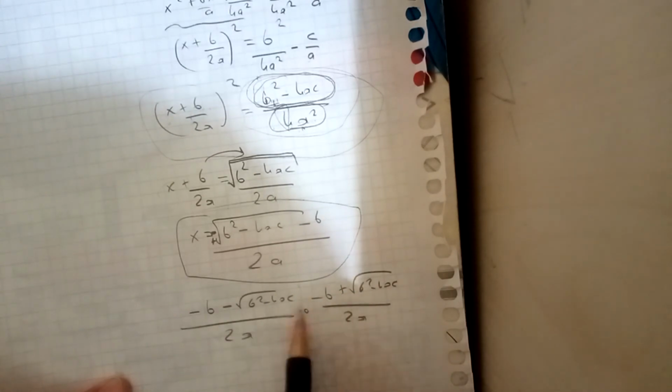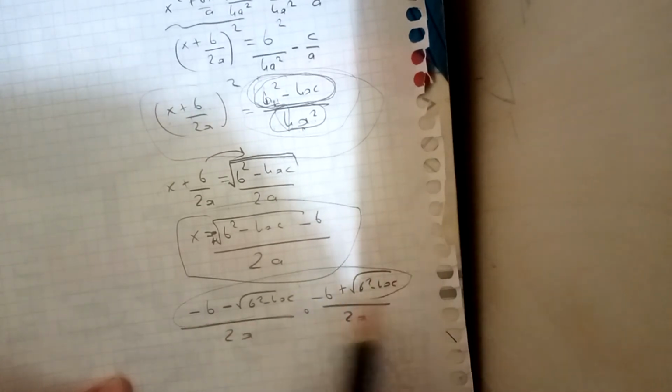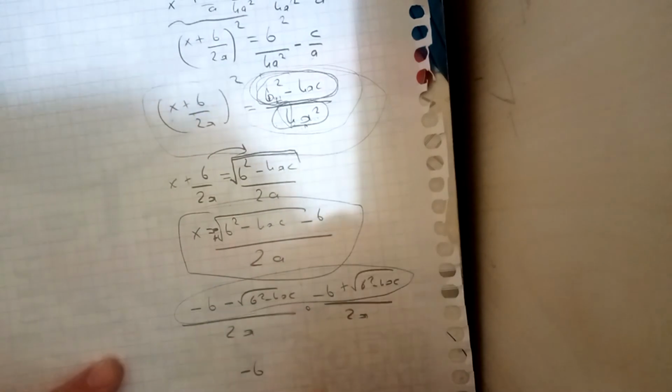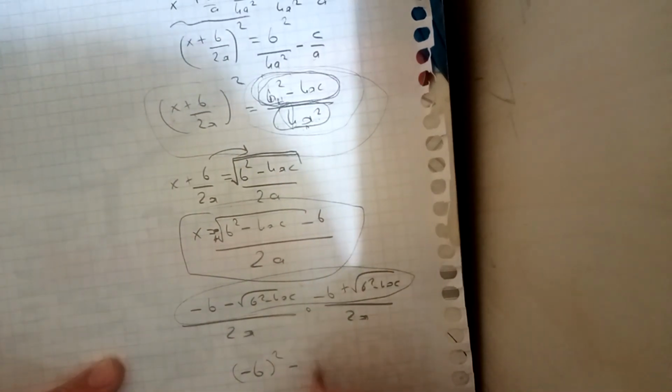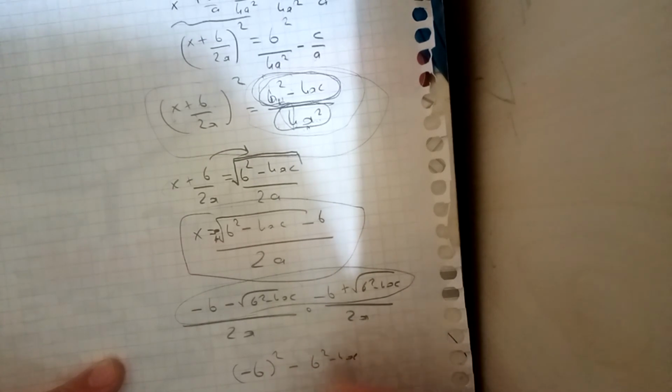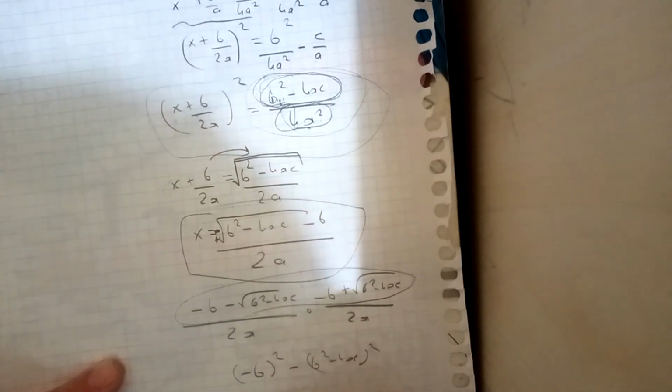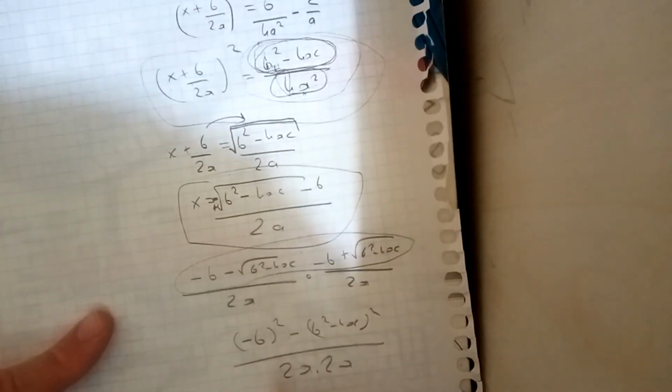When we multiply them, we can figure out here, we know a formula. It is equal to that, and